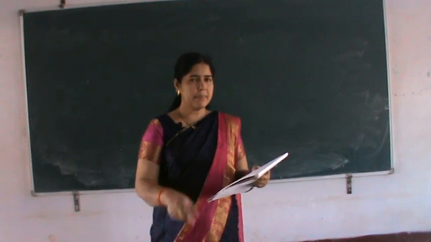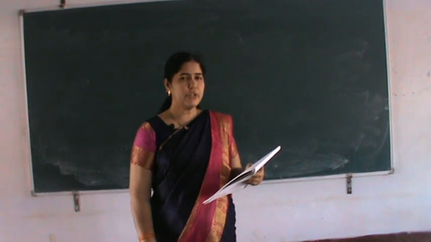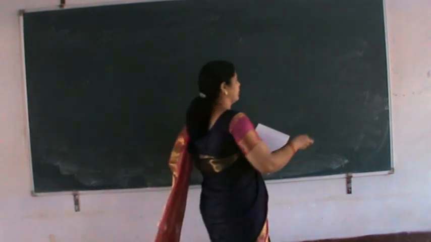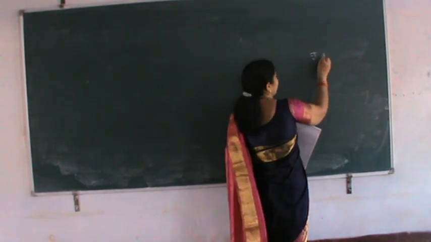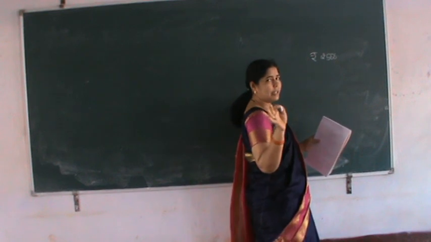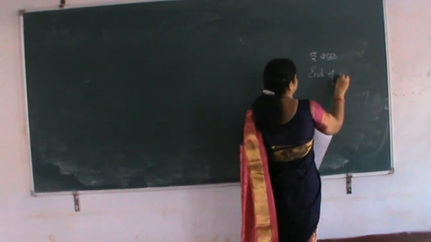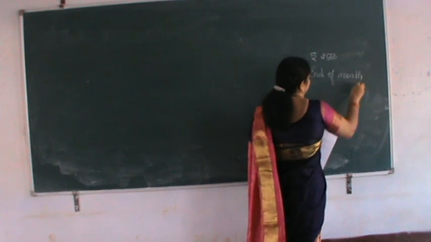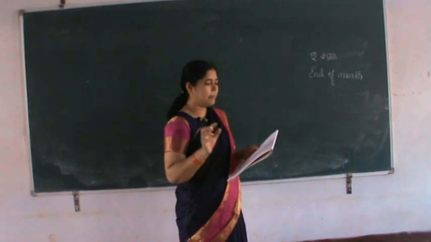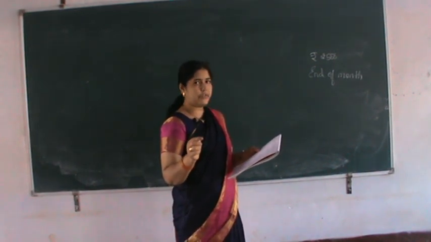Here one partner is there, his name is Himanshu. He is withdrawing rupees 2,500, and the timing of withdrawal is the end of every month. Then the partnership deed provides for charging interest on drawings at